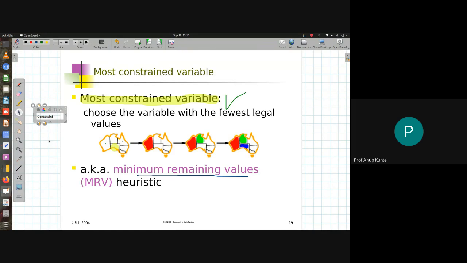Okay, so I can know which is the most constrained variable by looking at a constraint graph, and that is where the idea of minimum remaining value comes from. The most constrained variable will have the least values from its domain to choose from, and that is how this heuristic is arrived at. So the heuristic is used in actual implementation, whereas the most constrained variable is kind of a definition that tells us which variable in the constraint graph is the most constrained variable.